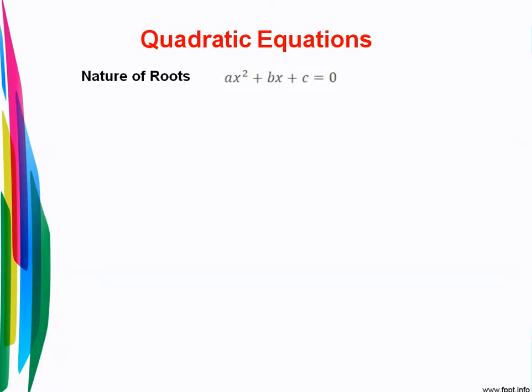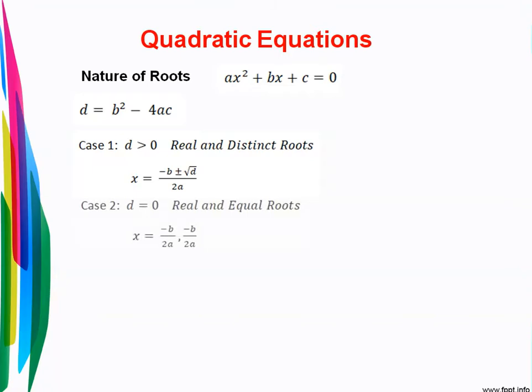So I am given a quadratic equation ax square plus bx plus c equal to 0. How to tell the nature of roots? There is something called the discriminant, and that discriminant is b square minus 4ac. By knowing the value of D, I can tell you the nature of roots. There are three cases: D is either positive, equal to 0, or negative. If D is greater than 0, then I say real and distinct roots, and my roots are given by minus b plus minus root D upon 2a. This is also known as the quadratic formula.